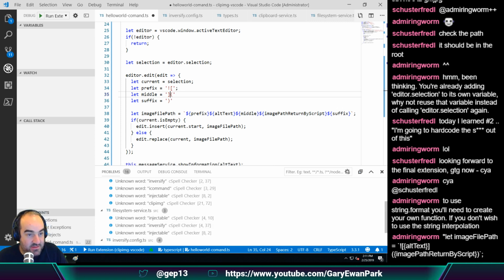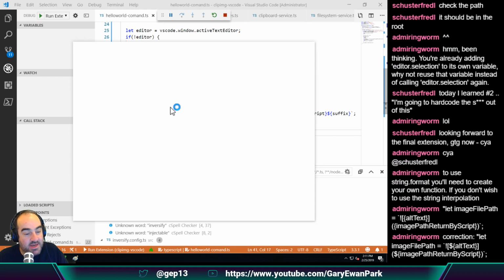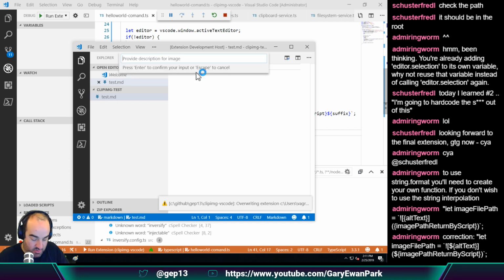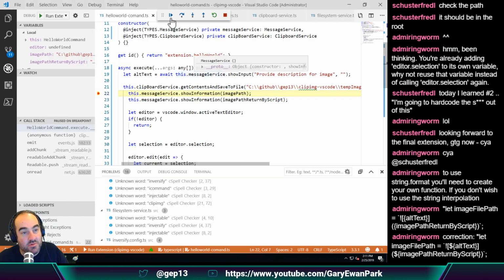Let image path equal. So you've just shortened that really. So you've just moved. So in fact, I'm going to leave it with the prefix in case I come back to thinking about whether I'm going to do the ASCII doc or not. So in theory, if I do this now, and I say here, hello world, and we're going to call it, this is a test. This is a test. Then what we should get back